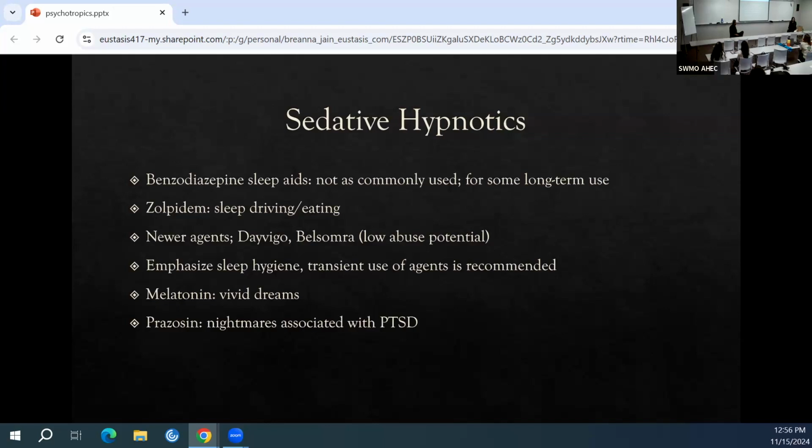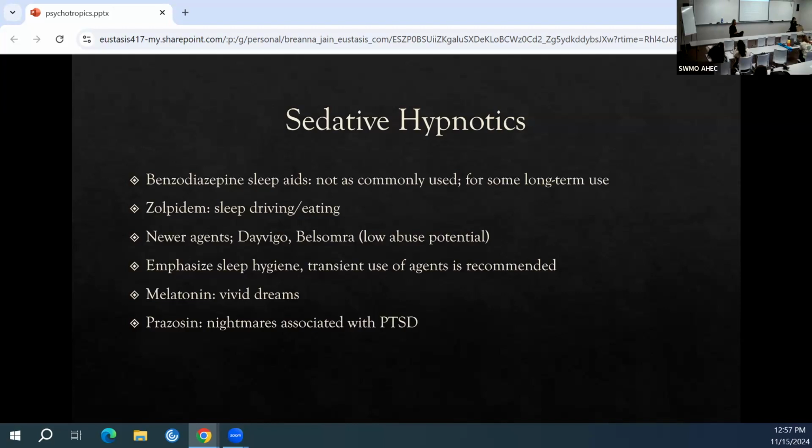it works, but it can cause crazy things, sleep driving, sleep eating, racist tweets in the middle of the night, like you guys might have seen. It's more of an exaggeration. I've not seen too many cases. I've probably seen maybe 1 or 2 cases. Sleep eating, I hear more frequently from my patients,